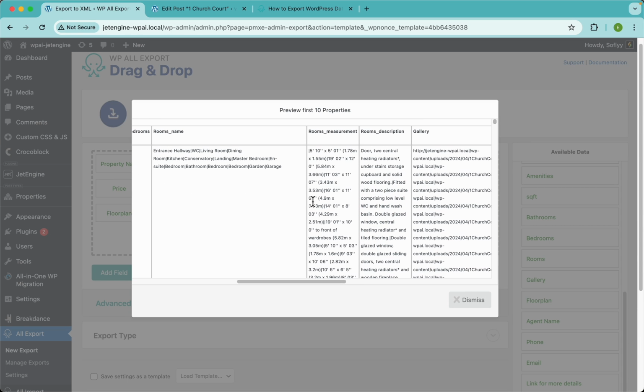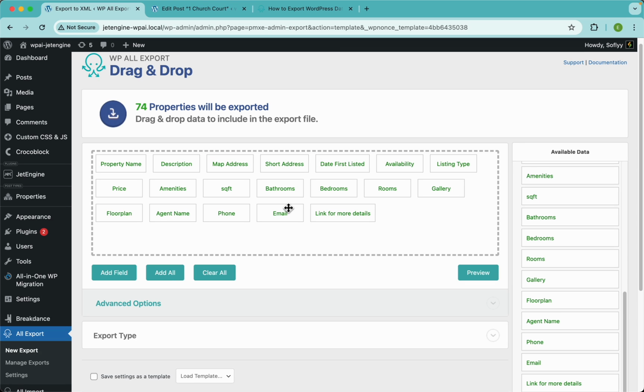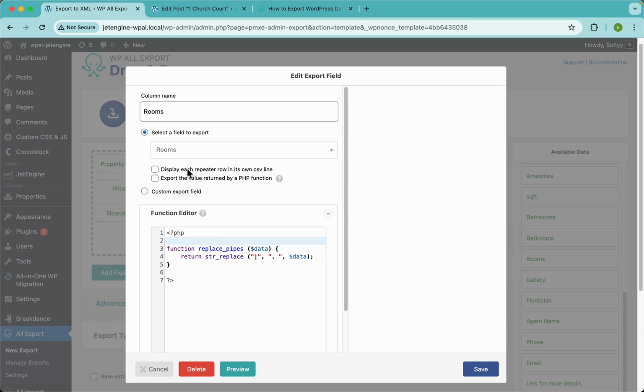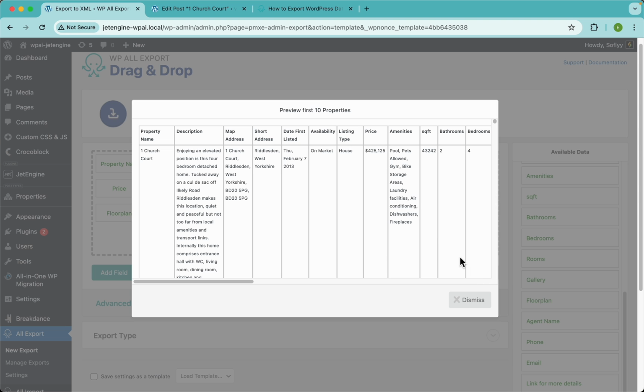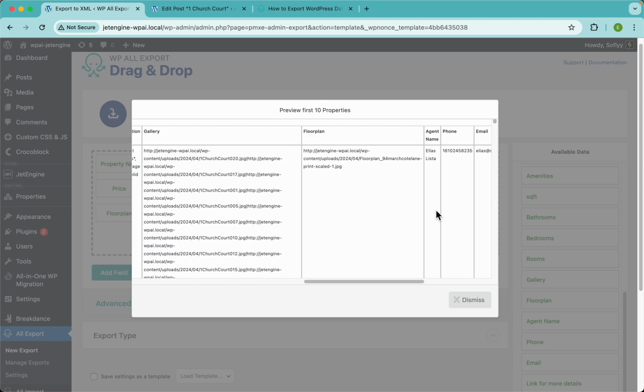And if you wanted to maybe set this up in a more orderly fashion, right? Because maybe this is not how you need this. Well, WPL export gives you some flexibility when exporting JetEngine repeater fields. So let's click on the rooms element and enable this option that says display each repeater row in its own CSV line. So let's save that, preview, and